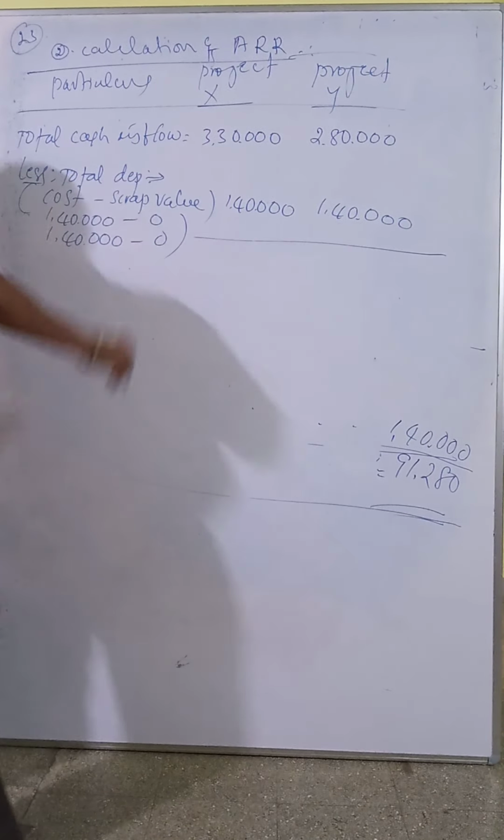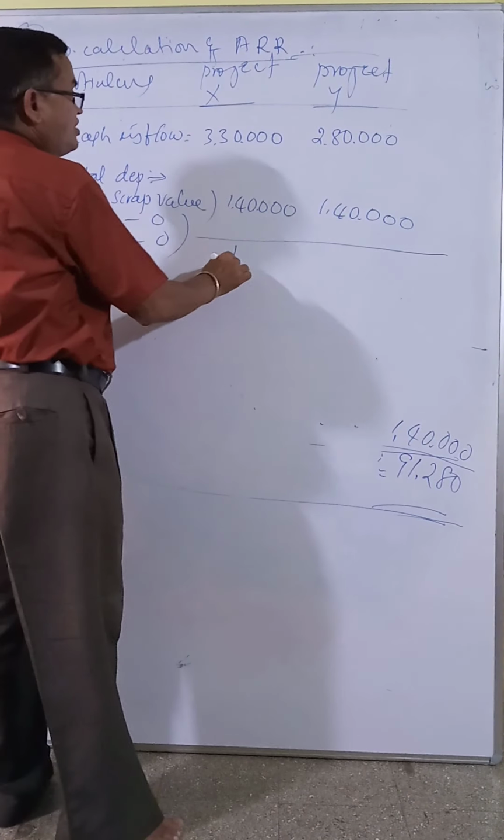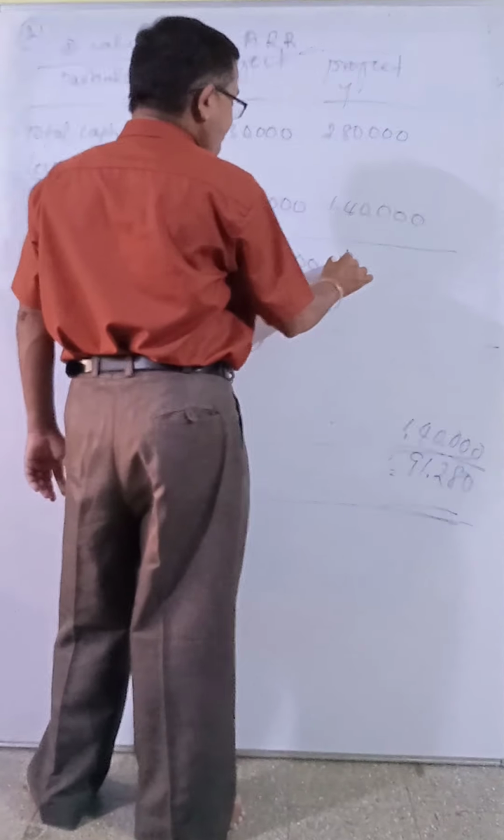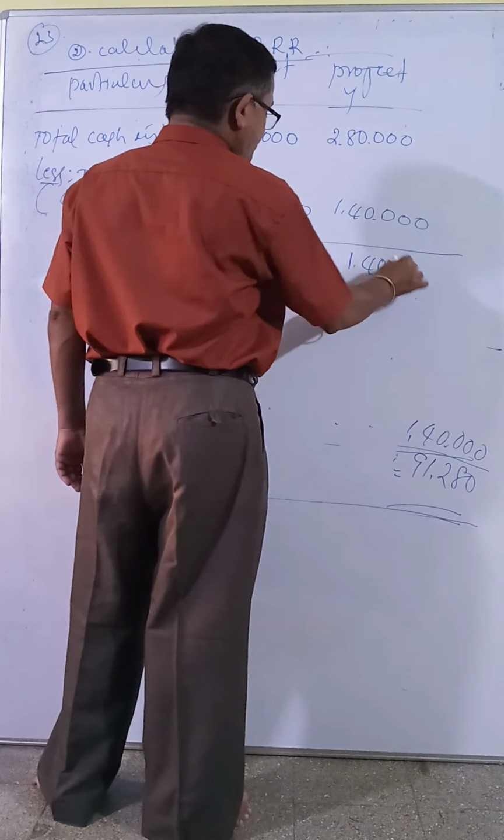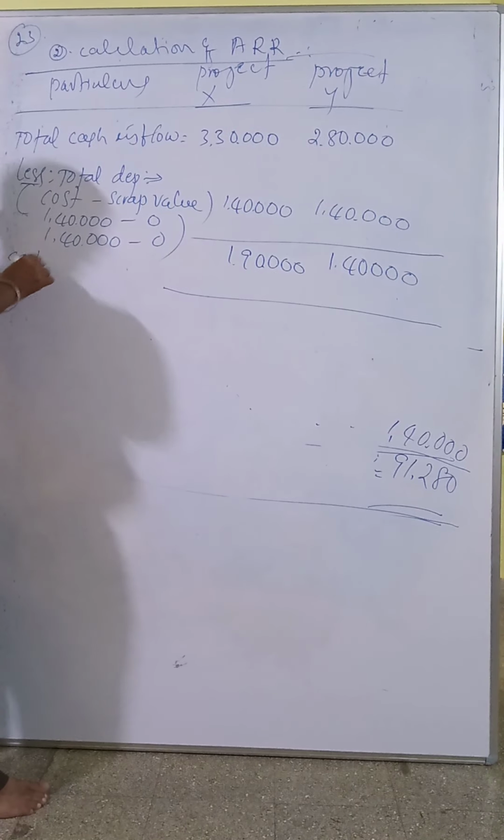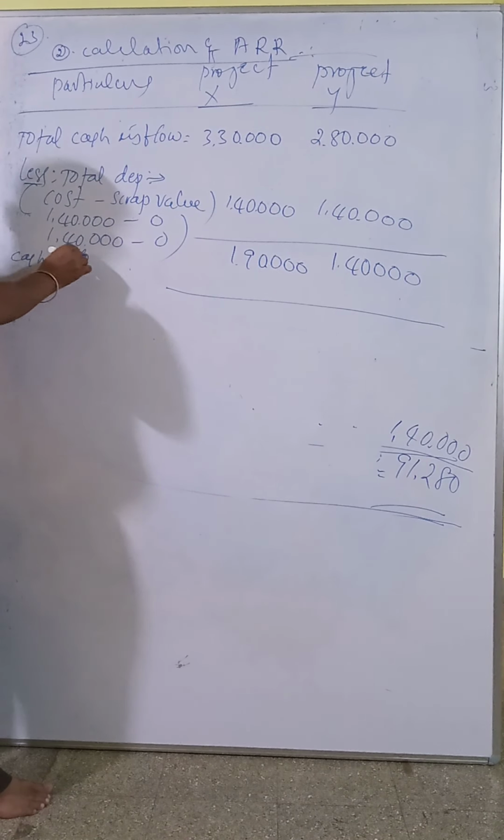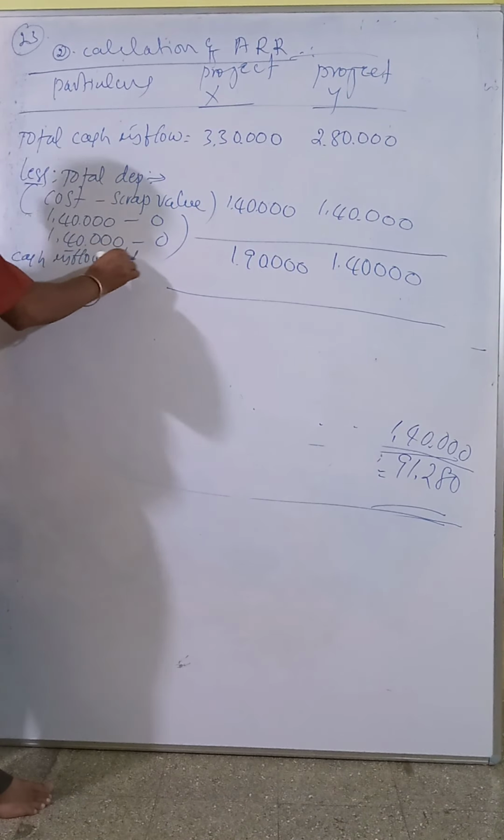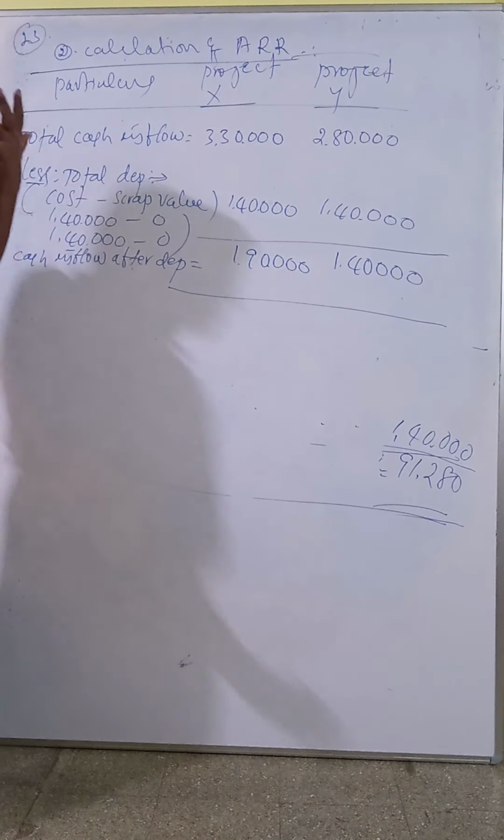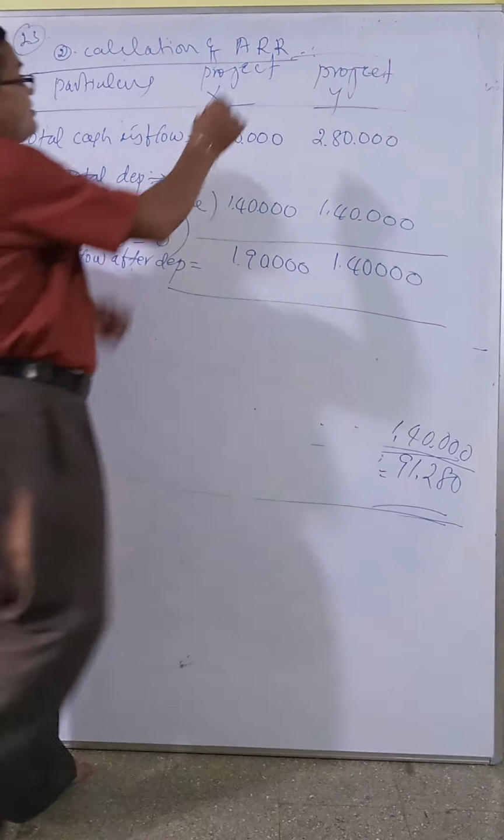So this minus this, 1,90,000. This one is 1,40,000. This is called, we want cash inflow after tax and depreciation. Other two, tax already deducted. We want,